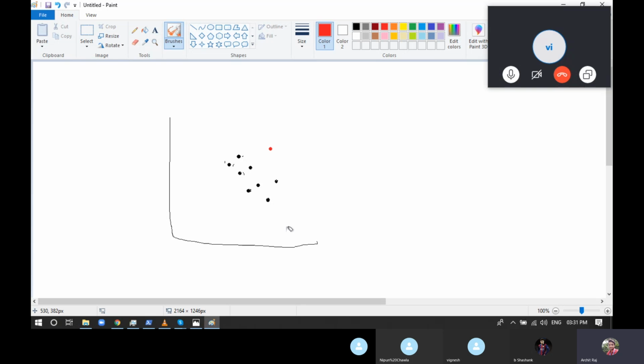Just imagine we have different data points or different clusters. This one is one cluster. The centroid looks a bit off, so I'll take the centroid somewhere here. So this is a centroid. Now there is something which is known as WCSS.